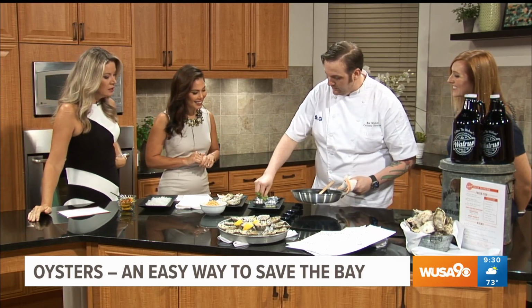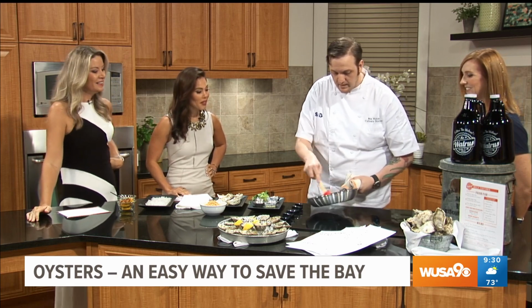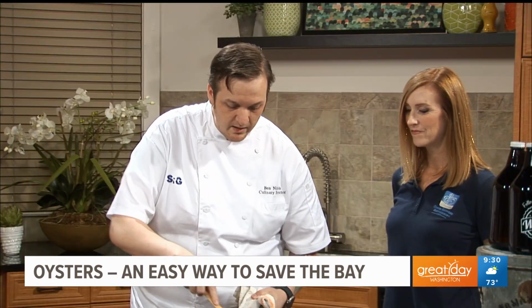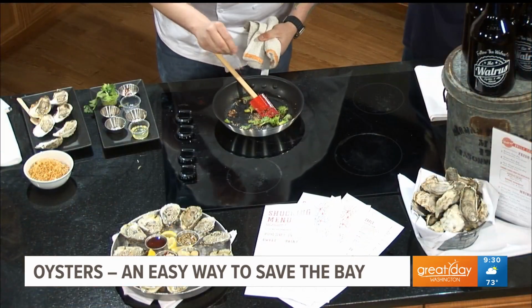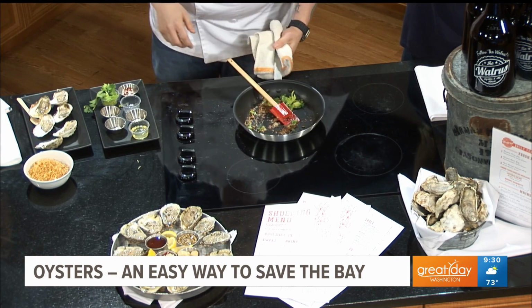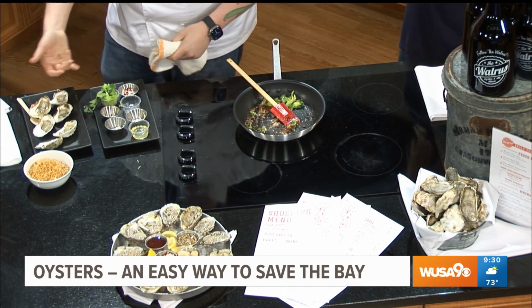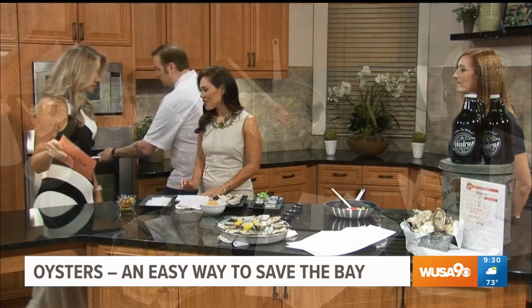All right, so we're doing a little demo on oysters Rockefeller. So I've already pre-sauteed the filling, which is just little shallots, garlic, butter, and celery. It smells so good. Yeah, it does. It gets a little salt and pepper, chili flakes. So that'll cook in, and then what you'll do is you'll actually just take some oysters and put those on top, and you'll put some breadcrumbs, and then you put those in the oven for a few minutes. And when they come out,